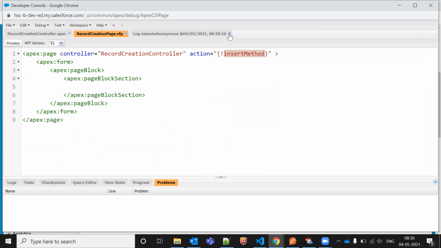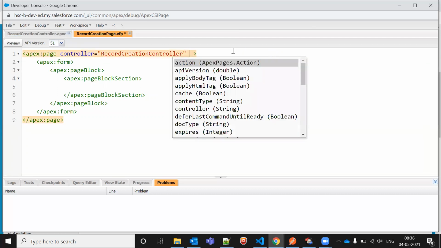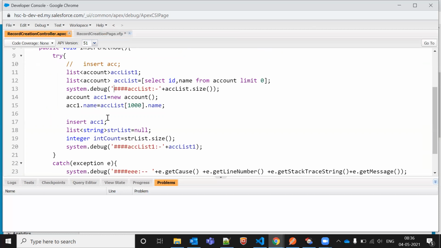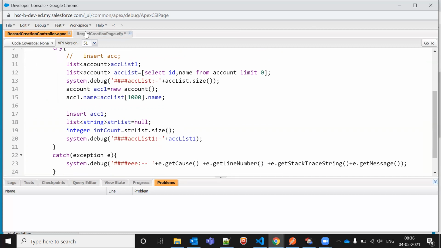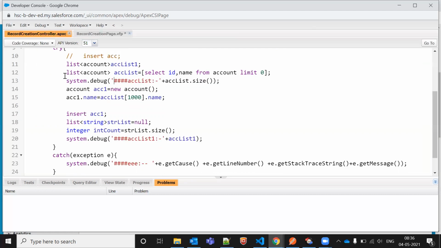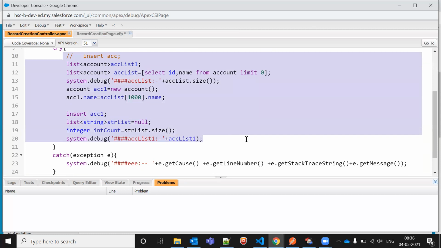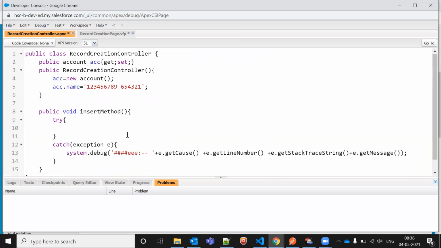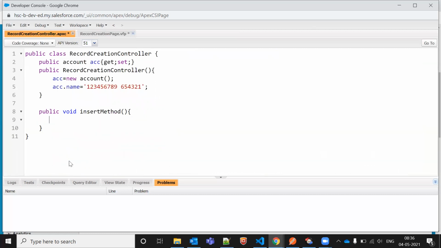Okay, so now we'll do one thing. We'll create new records. We'll not create new records with the action. Like definitely we'll do it with the action only. But yes, we'll create records after putting the input. What if we are putting input inside that, and after that we are clicking on the insert button? Whatever we are entering on the input field, that should be created. That should be created only. So let me just remove all the try catch and all.